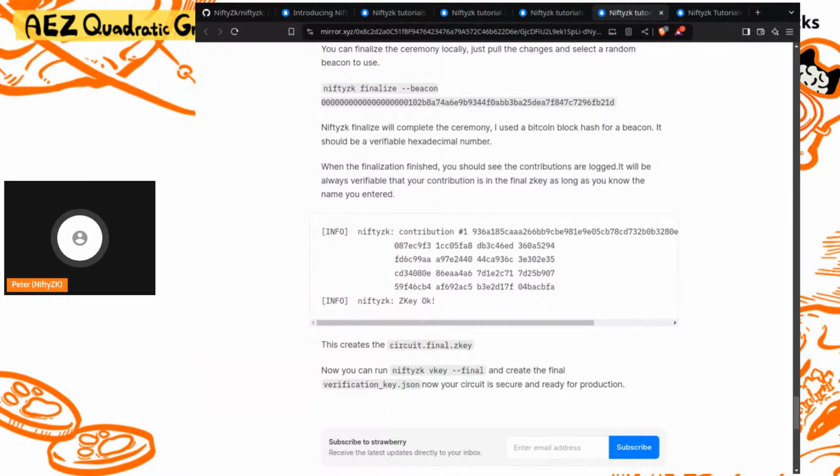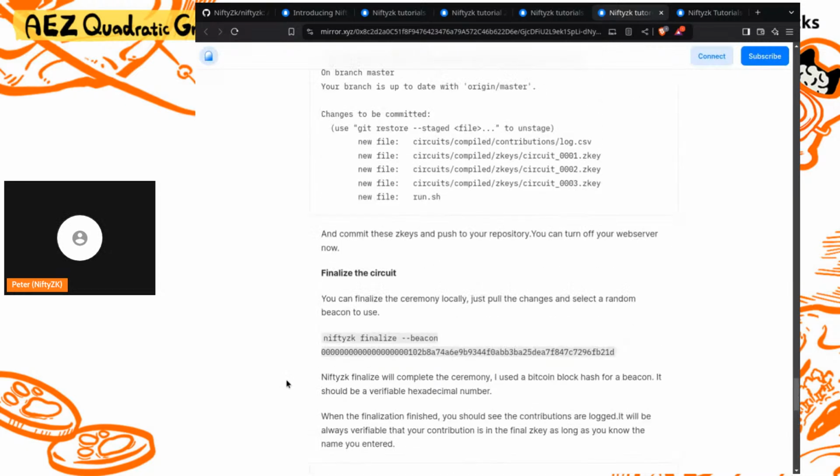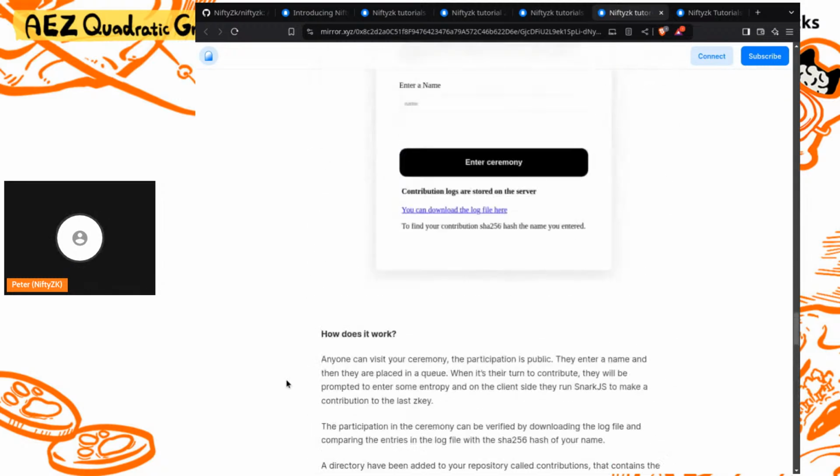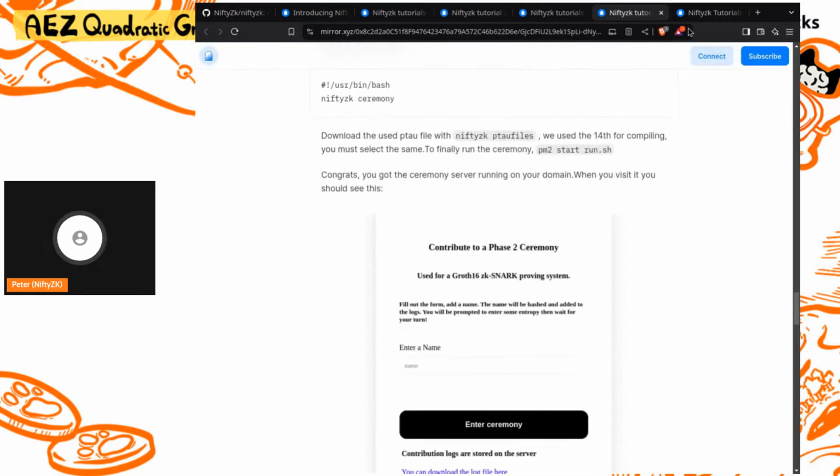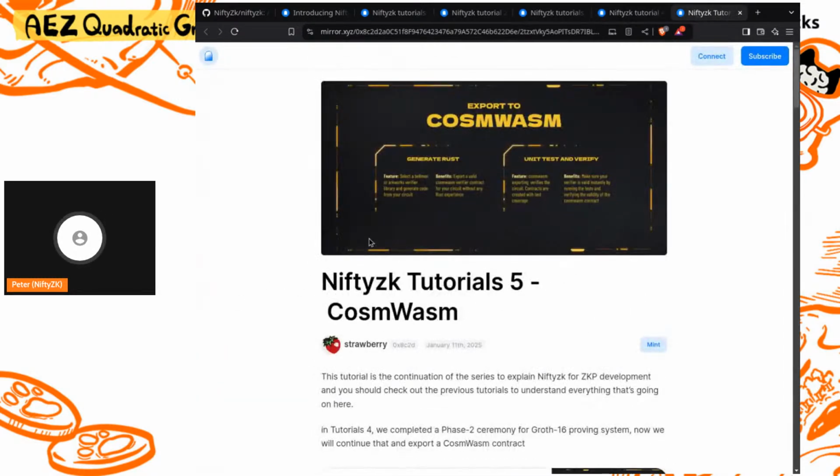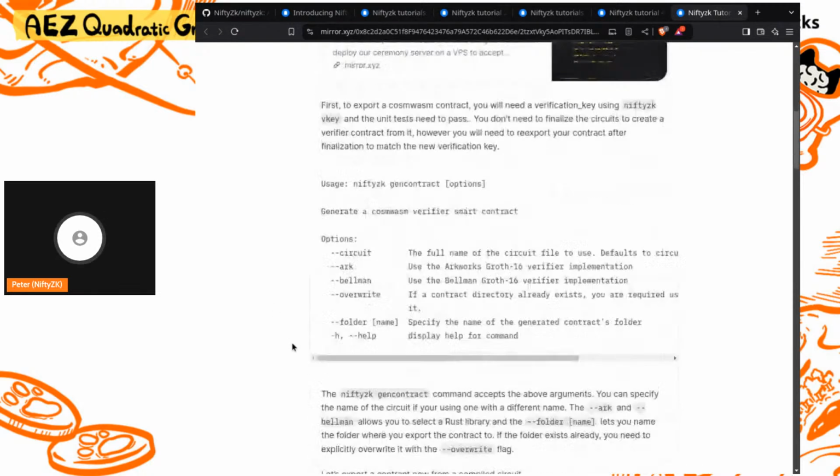This is very handy because in many of the projects I see, people have to write their own servers for Powers of Tau Phase 2, and this saves you a lot of time if you don't have to worry about this part. And then the next one of the tutorials is about the custom WASM contract, and